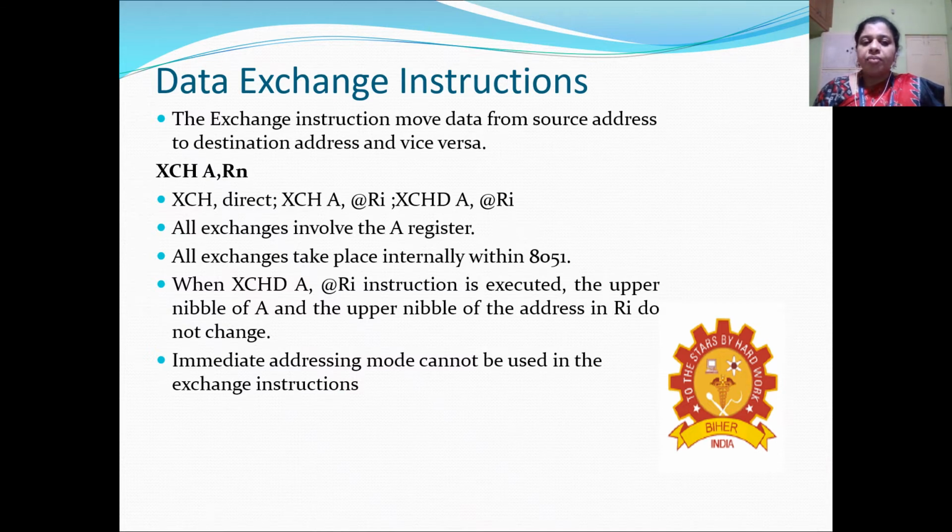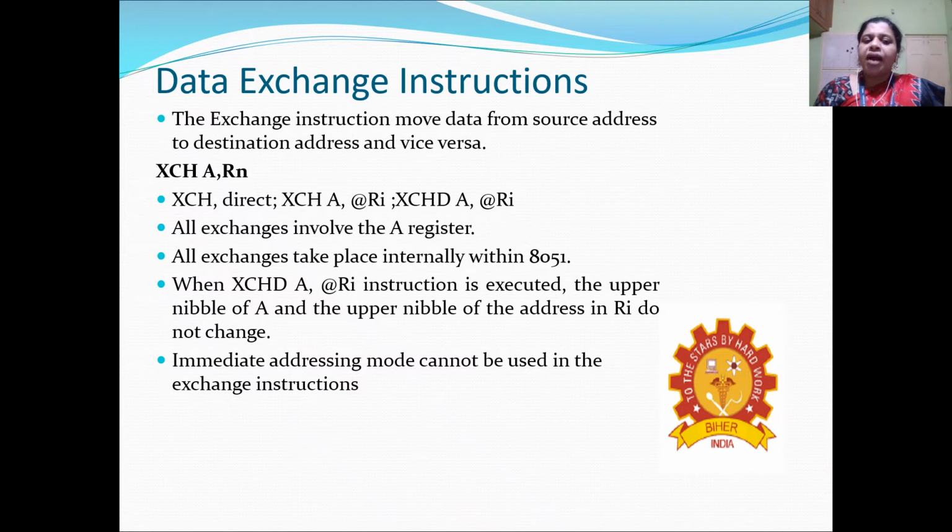So the data from the register is moved to the accumulator, and the data from the accumulator is moved to the register. Just the exchange operation is happening. And here also it can be direct or register indirect addressing mode. Here again, all the exchange instructions involve the accumulator.